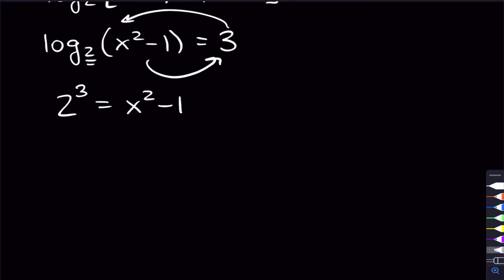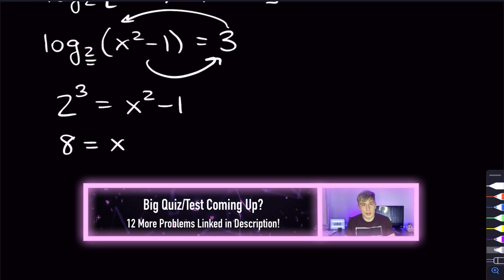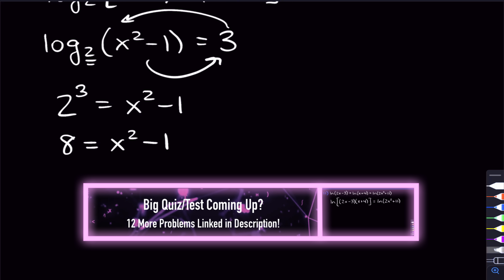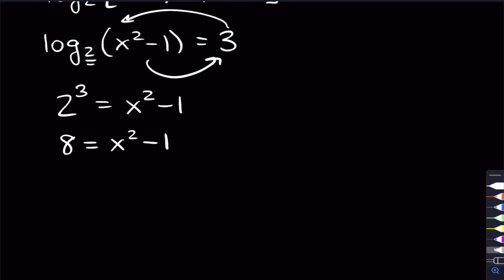And from here, we solve for x. So 2 cubed is 8. Now we get 8 is equal to x squared minus 1. And from here, there's a few ways that you could solve for x. You see the x squared here, and I'm assuming you're probably tempted to move that 8 over and get 0 is equal to x squared minus 9. And you can do that. That's completely fine. But another thing that you can do here, if we don't have an x term in our quadratic,